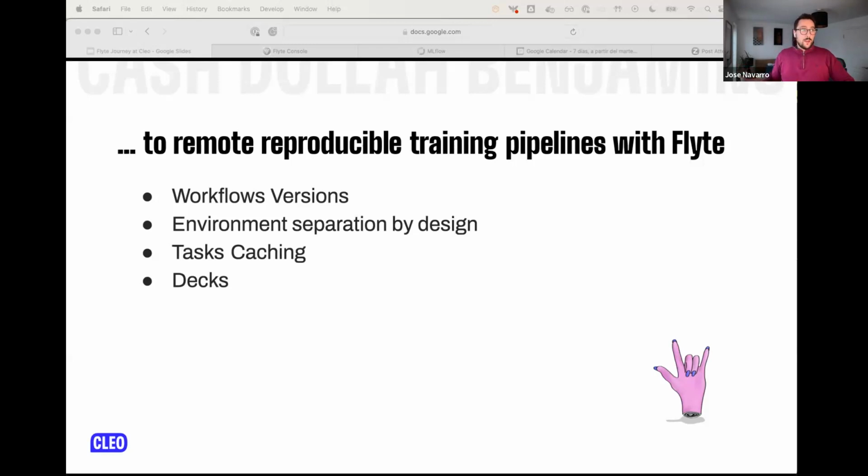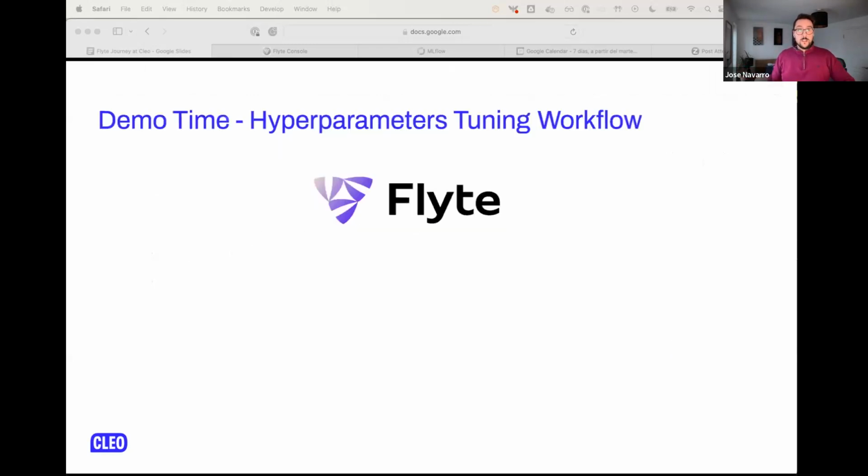So that's what I have to say. Then I have a little demo showcase that I'd like to show you. This is just an example that I did, and it was quite exciting for me to work on it. And it was quite an important thing for us to showcase to the data scientists, because